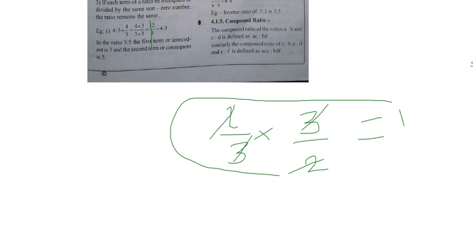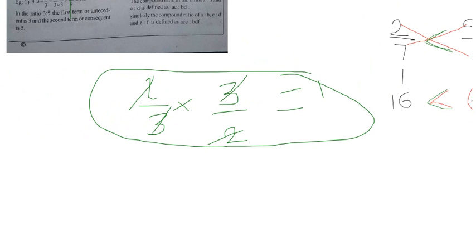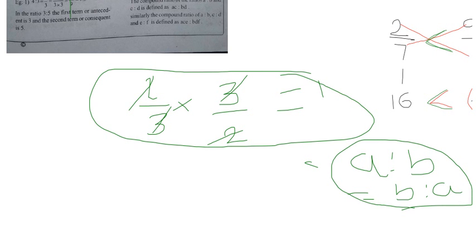Whether it is an increase or a decrease is decided only when you write it the way they wrote it in the problem, that is, what A is to B. Instead of that, just write B by A, or B is to A. Later I will explain more and more how to increase, how to decrease, how much is the increase, how much is the decrease. Right now, remember only this: instead of A is to B, you write B is to A when you have to do the comparison, sorry, increase or decrease.